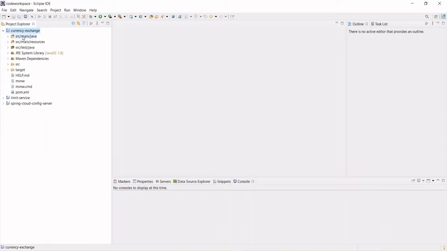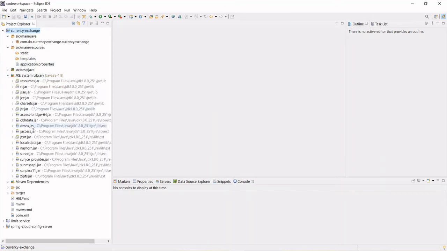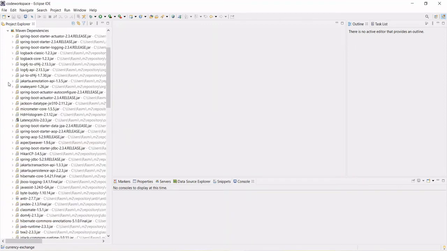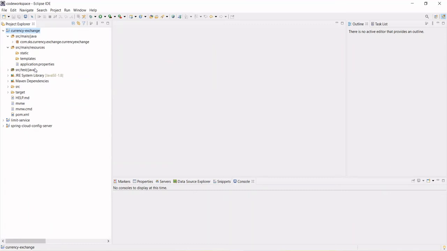Okay, so now the artifact download, or the dependent jar download, is completed. If you see, you will be getting this kind of project structure like source main java, the resources, okay, and all the dependent jar files that we have given in the download file, right? We have a dependency here. So spring boot starter, whatever dependency we have added here, it will come here, and from here it's coming.